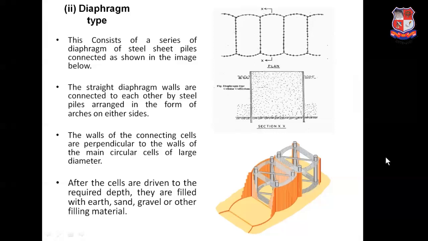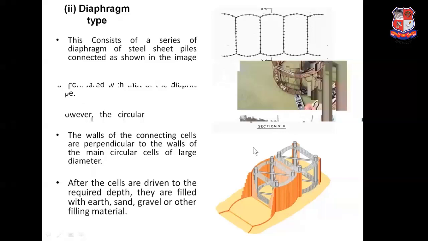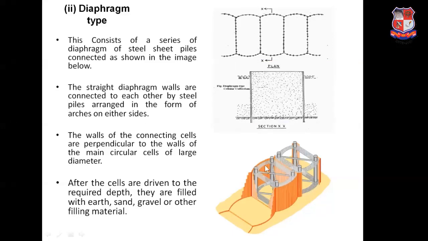image below. You can see here in this figure the series of diaphragms of steel sheet piles. The series of diaphragms, which means panels, are interconnected as shown in the figure. The straight diaphragm walls are connected to each other by steel piles arranged in the form of arches on either side. You can see here on either side, in this side and in this side,